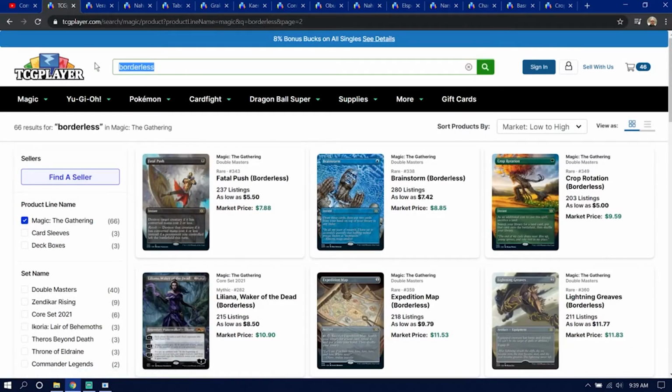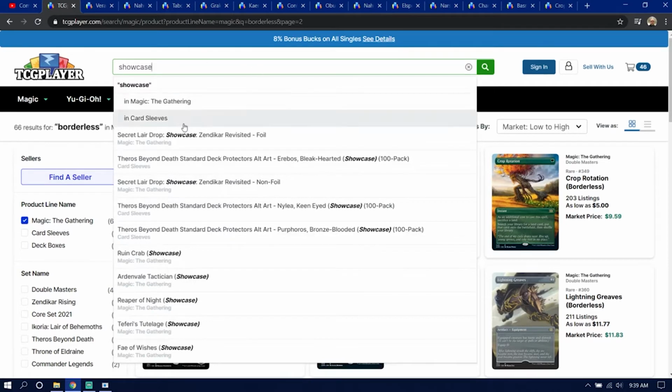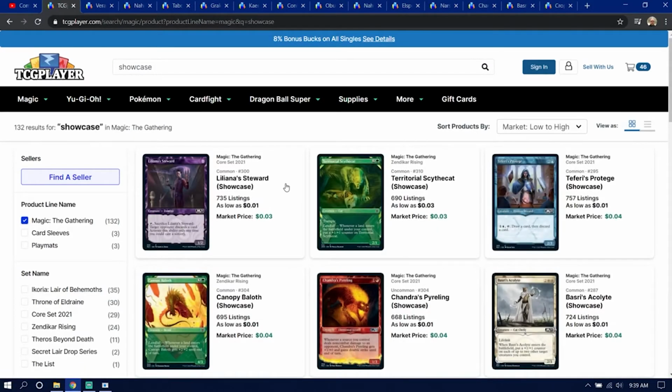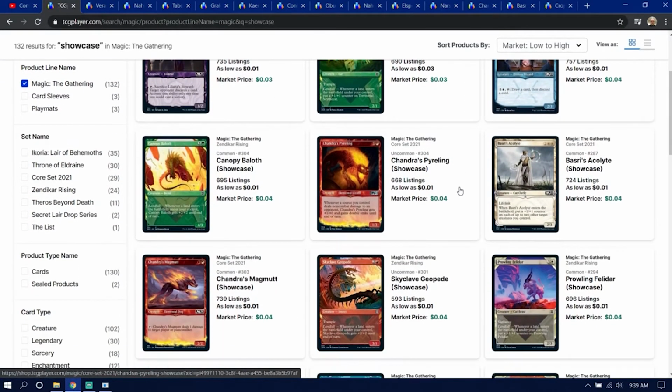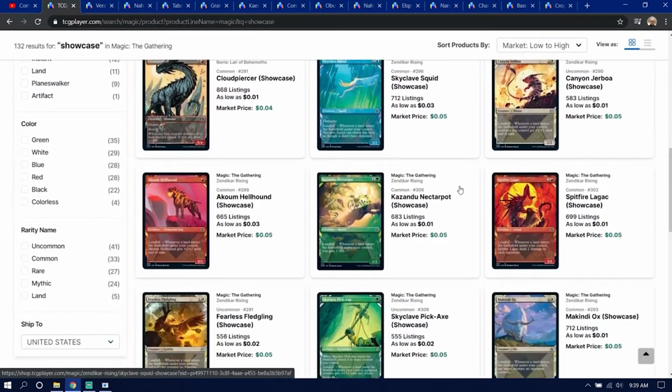So let's move on to one of the next types of art collections that Wizards of the Coast offers for Magic the Gathering cards, which are showcase cards. Same thing, we're going to click in Magic the Gathering. You're going to see it's already sorted low to high, and we're just going to scroll right through. When we see a card that we know will be useful in one of our decks, we're going to pick them out. So, for example,